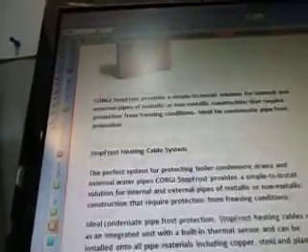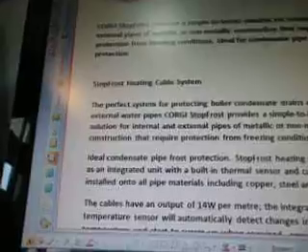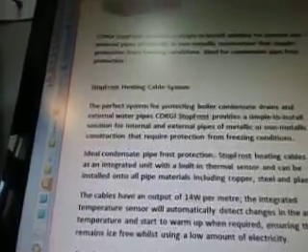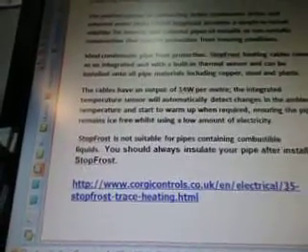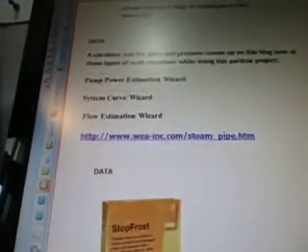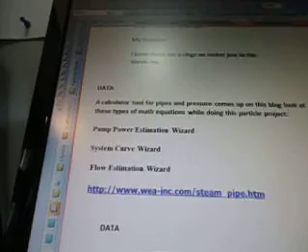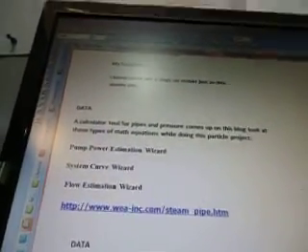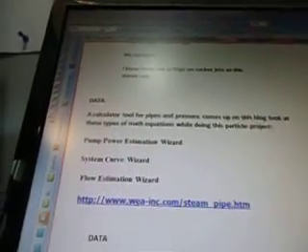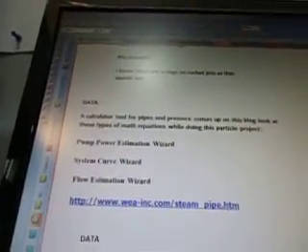These notes will be blogged on the Victoria Stafford WordPress. Victoria Stafford Psych Investigation. You can look at the notes there, okay? So stop frost is something that came up here. Pump power estimates wizard, system curve wizard, flow estimate wizard. And of course there's going to be a third. Actually, this is the last video for line 19. Okay? So this is line 19A6B. There's line 19A6A and